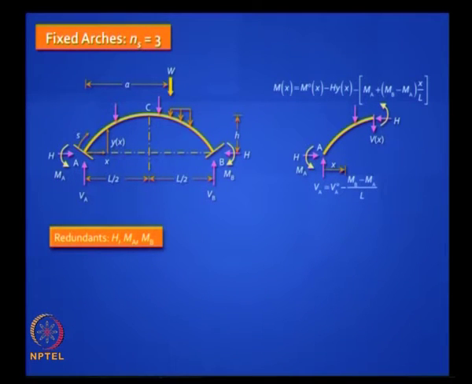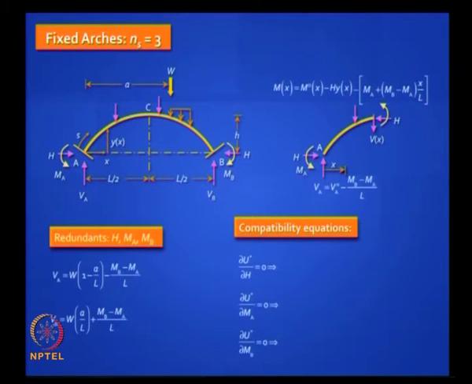And finally, if you want to deal with fixed arches, you have 3 unknowns now, okay. You can't take advantage of symmetry in loading now, 3 unknowns. So it is convenient to take the 2 bending moments, MA, MB, and the horizontal reaction. Earlier we had only the horizontal reaction, and so you need 3 equations now. What are the 3 equations? Vertical reactions can be expressed in terms of those unknowns. The 3 equations are, remember, ∂U*/∂x1 equals 0, in this case x1 is H, x2 equals 0 with MA and MB. Is it clear?